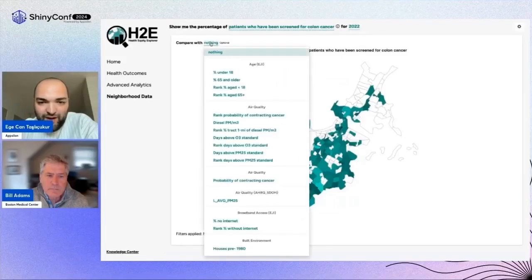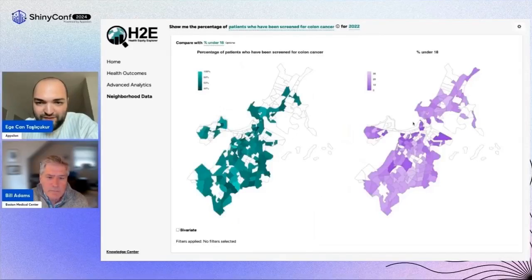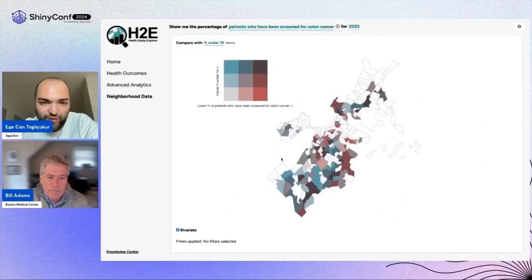And you can also compare the health outcome with attributes, for example, percentage of under 18. And it will create 2 maps side by side. And you can also go ahead and merge them into one with a bivariate map, where you have 2 dimensions in one legend. So this is the overview of the app.